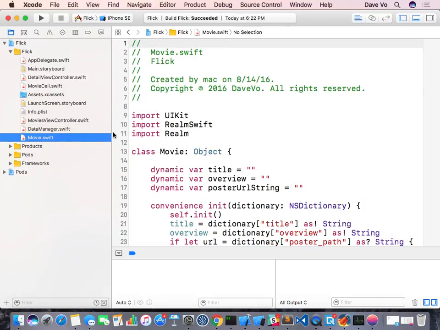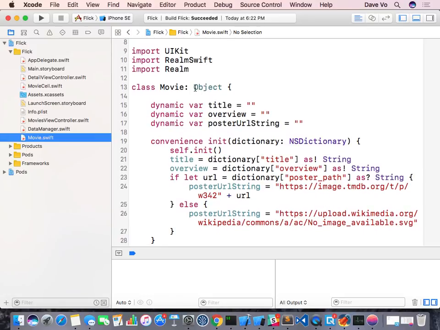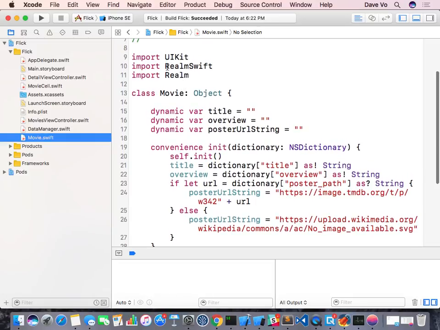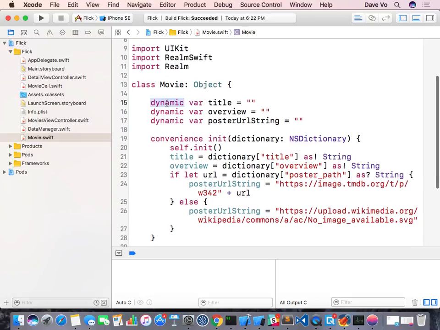Then in the class Movie, I also removed the other things. We didn't inherit this one from NSObject and then NSCoding, right? It's now just Object, no more NS. We import RAM Swift and then RAM. So why is this one Object and what is the dynamic here? This is required from